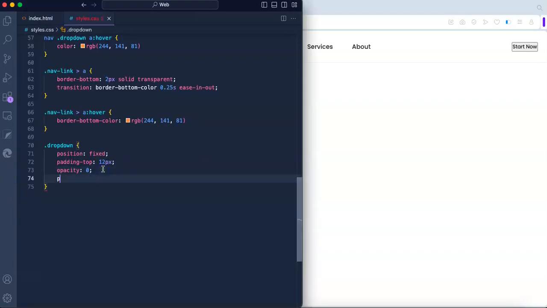But for now, we're going to be adding a CSS property called pointer events, and what pointer events does is it determines whether an element reacts to any mouse event or not. So we're going to be setting this to none. So the mouse event could be either an element is being clicked, the element is being hovered on, the element is being hovered off, so when the user hovers around an element, and when the user's mouse exits from an element, etc. So with this set to none, the drop-down menu cannot be interactive, as without the pointer events, you can see that